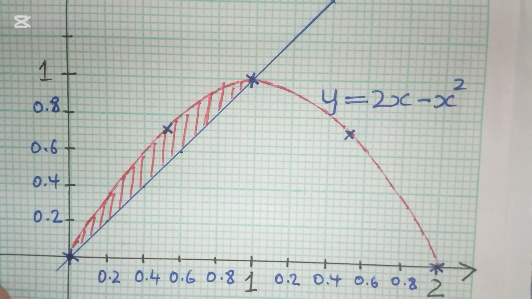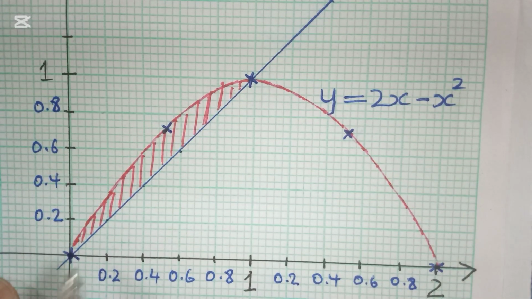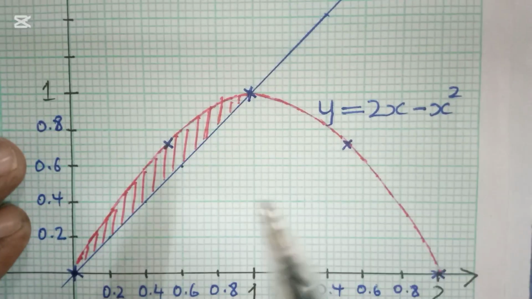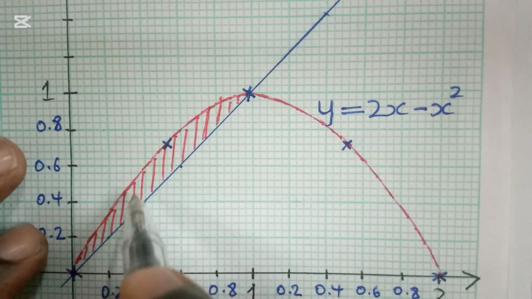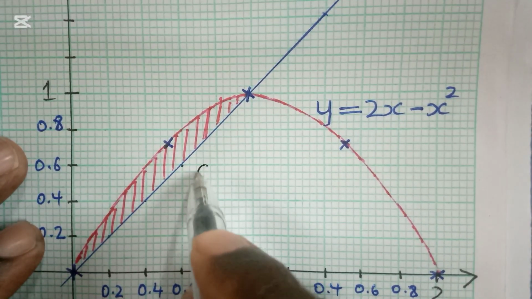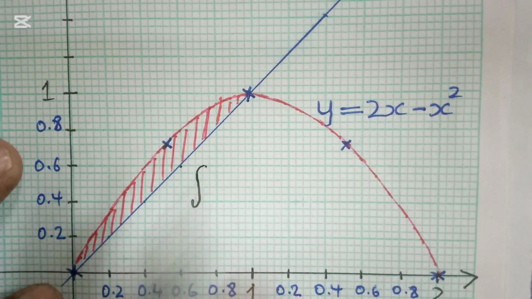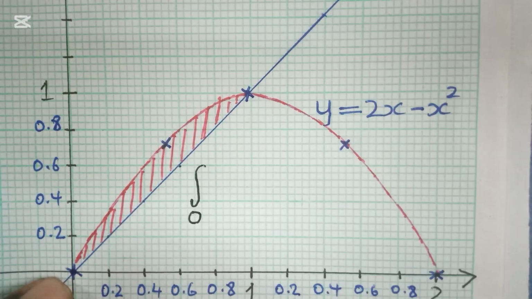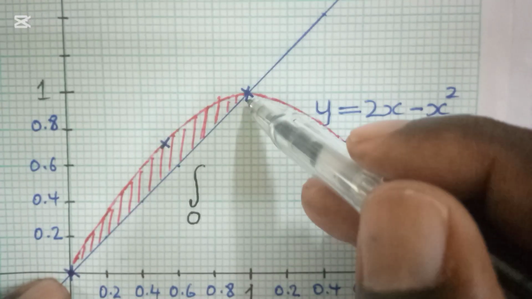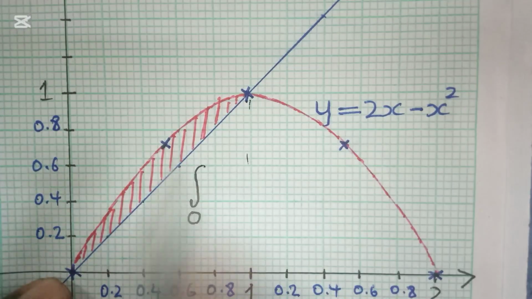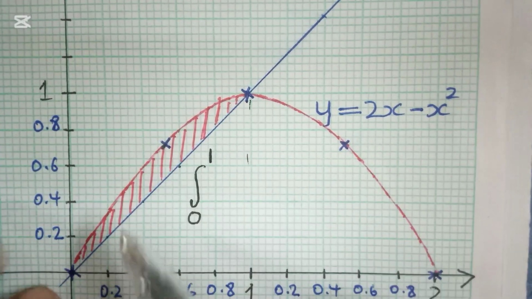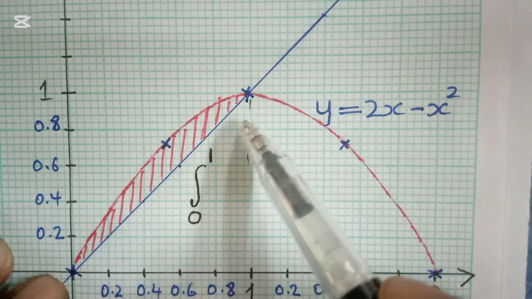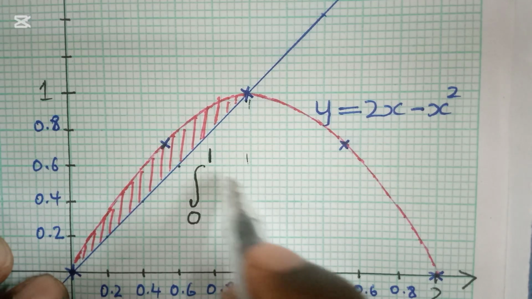And so looking at our graph, that is our curve and straight line, for this area we shall have the integral from 0, that is this point, up to this point. Guys, this point is supposed to be 1. And then as you can see, the curve that we have here goes on top of this straight line. So we are going to use that curve,